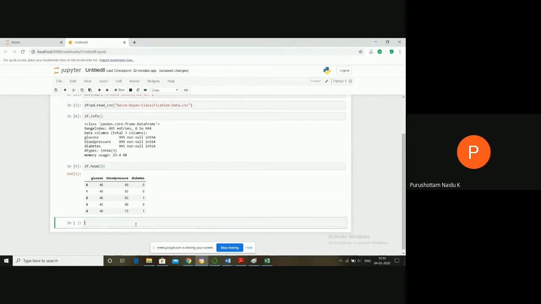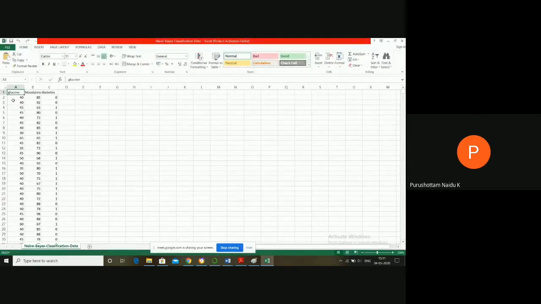the next step is to divide the data set into train data and test data, and we can also divide the data into two parts, labeled data and unlabeled data. In our data set we have 3 attributes. Among these, diabetes is the label data, the class label, and the remaining are independent attributes. First you have to divide those two categories. We maintain the diabetes column separately, and another separate column for the independent attributes.